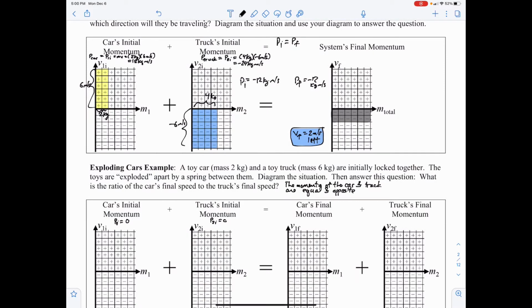it doesn't say which direction, which one is which, so I'm just going to put the car on the left side and the truck on the right side. It means when they explode, the car is going to explode to the left in the negative direction, the truck's going to explode to the right in the positive direction. So